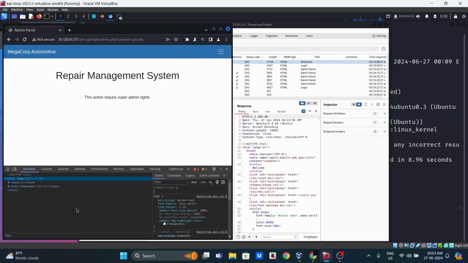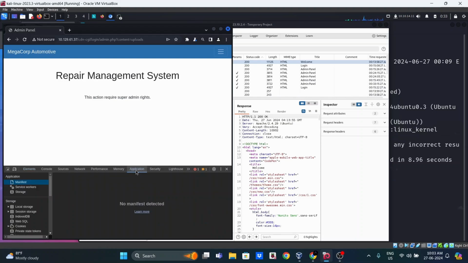So we can inspect the elements, and then we can go into the, there should be security, application, storage, local storage, select a value, session storage,